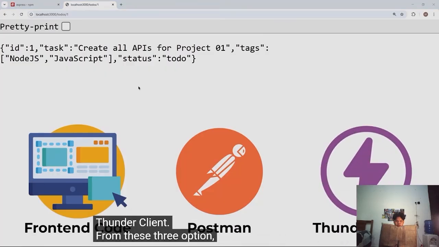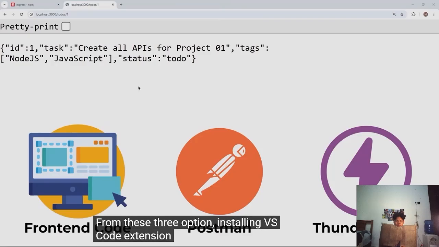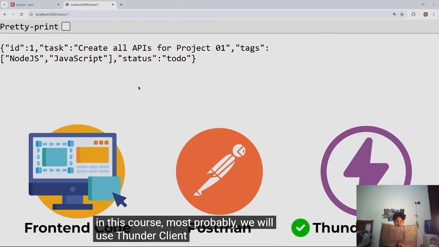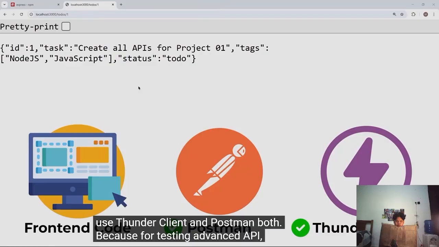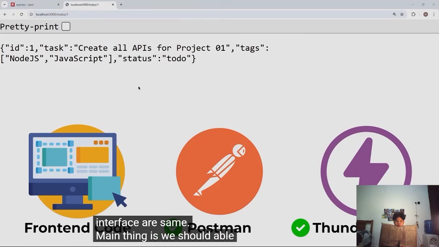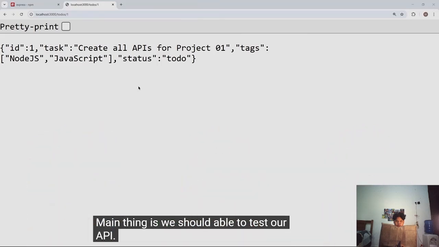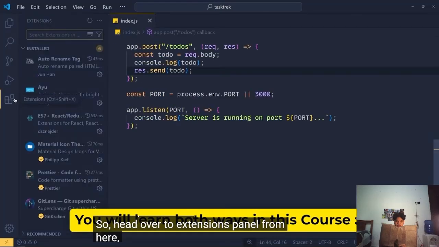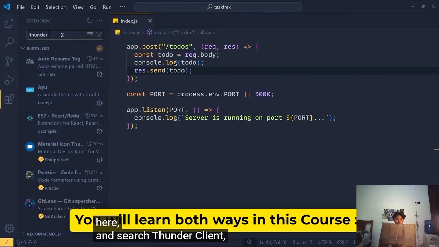From these three options, installing the VS Code extension is the easiest setup. So in this course, most probably we will use both Thunder Client and Postman, because for testing advanced APIs we need Postman. But don't worry, both interfaces are the same. The main thing is we should be able to test our API. Simple as that. So head over to the extensions panel from here and search for Thunder Client